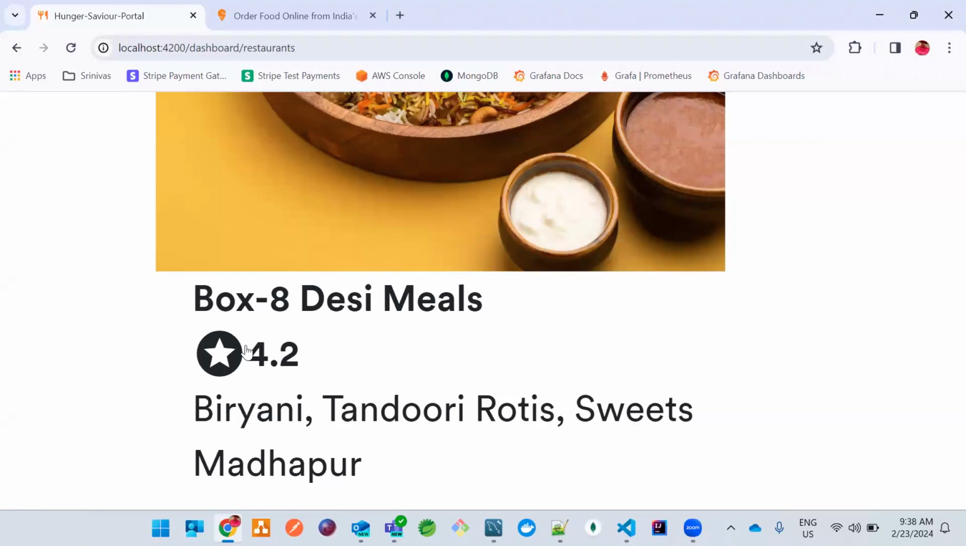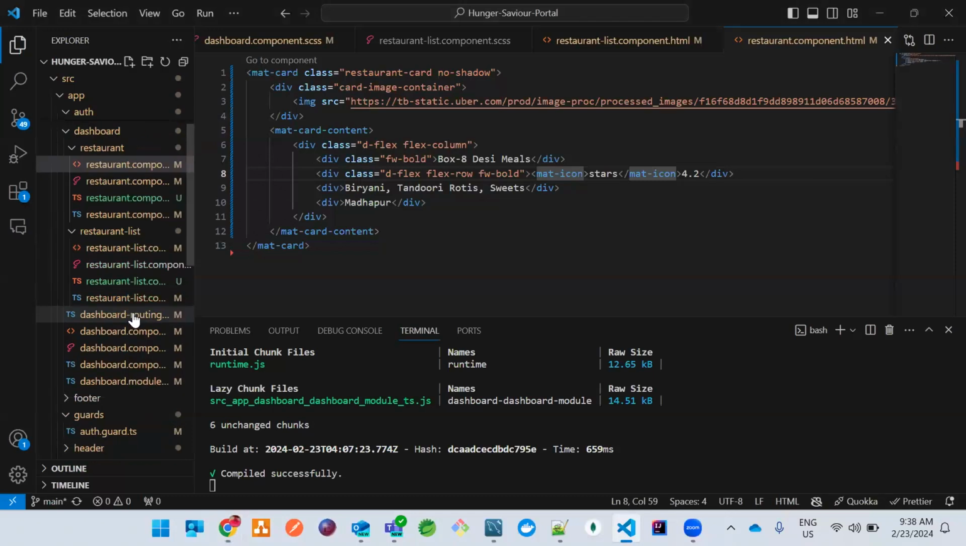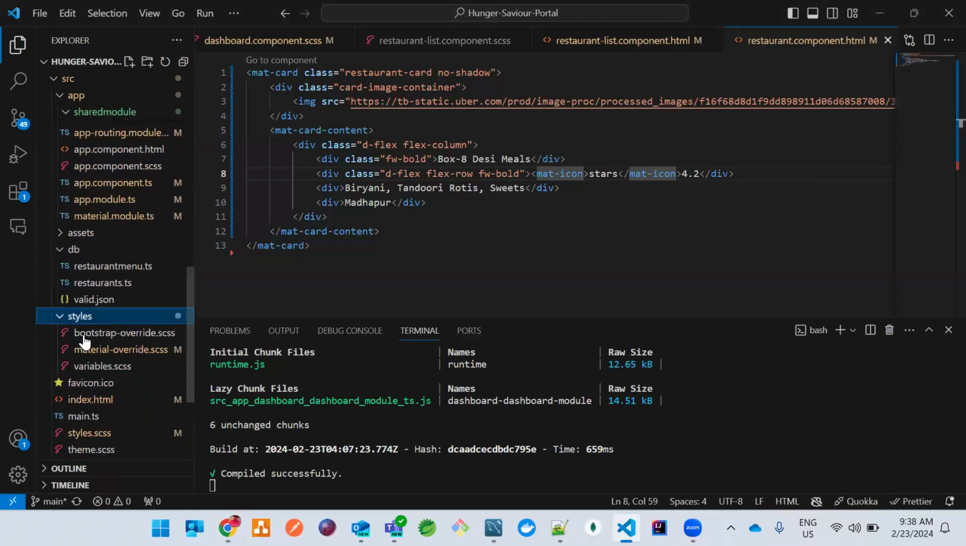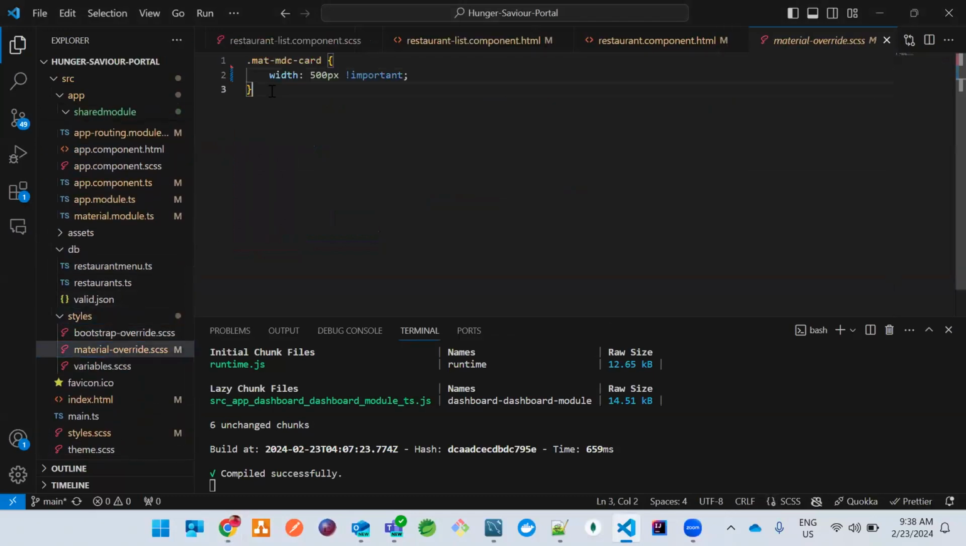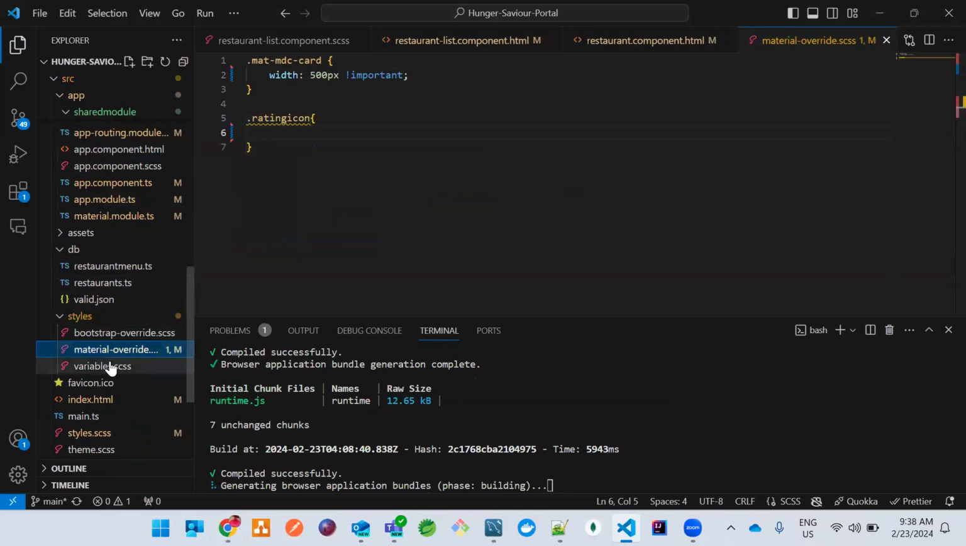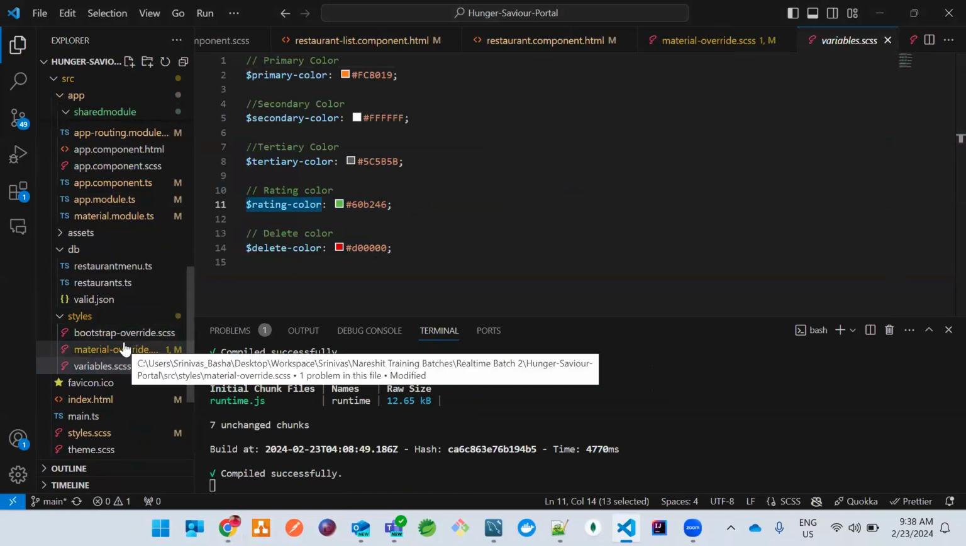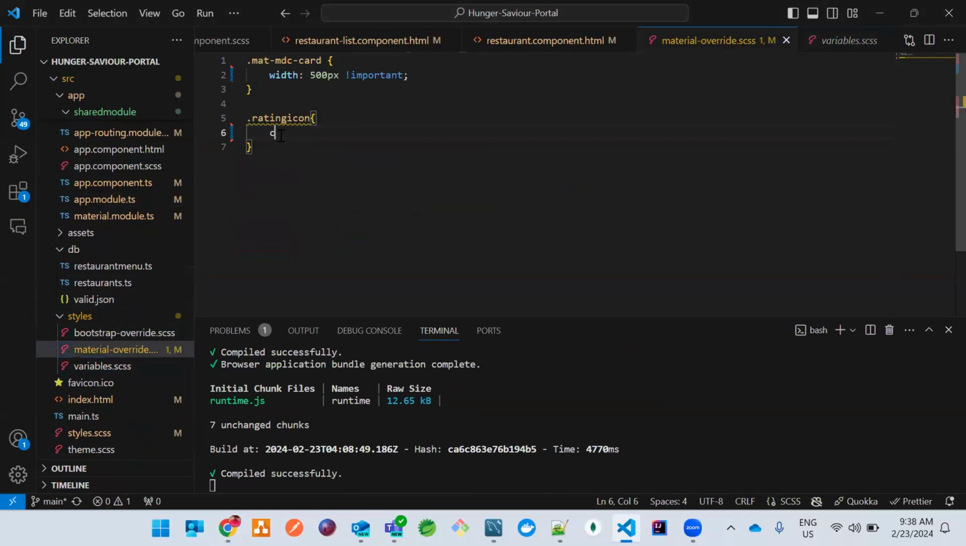So what we can actually do, this is a material icon, right? We do have some styles existing already. If you go to this material override, there's something for creating the icon. And here, if you see this variable.css, this is the color we need to use. Since this is a part of this, I don't have to use this color every time. So if I just go and keep that color,